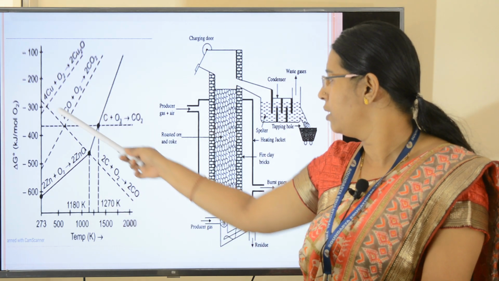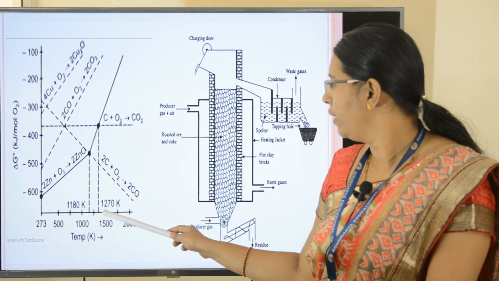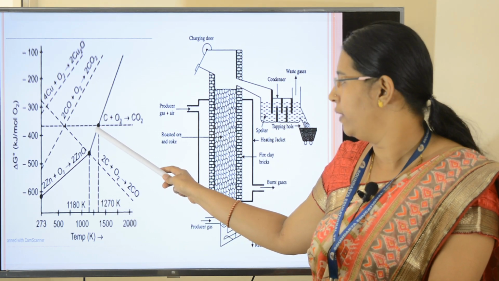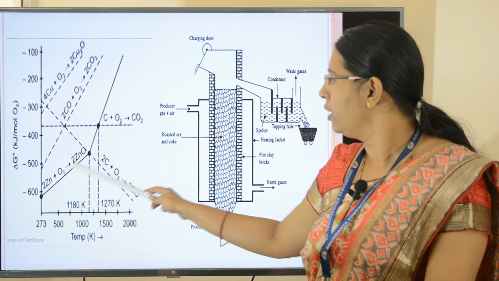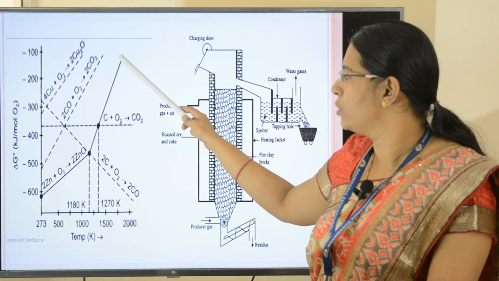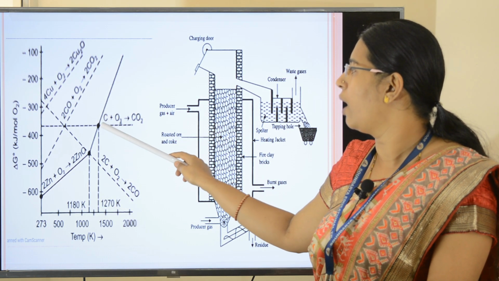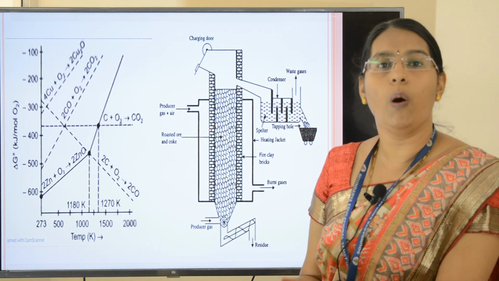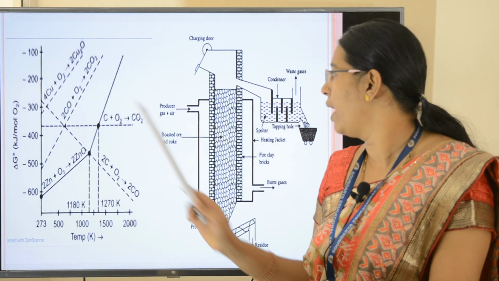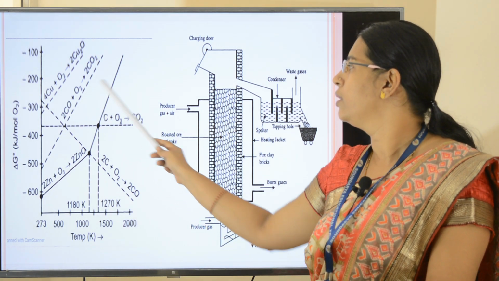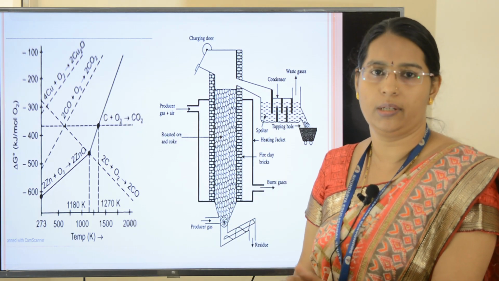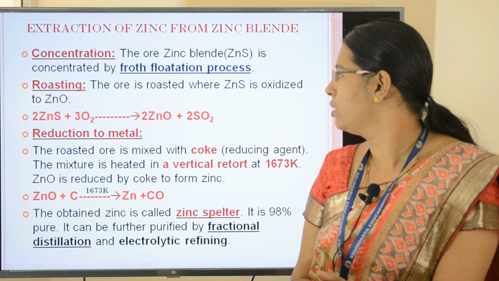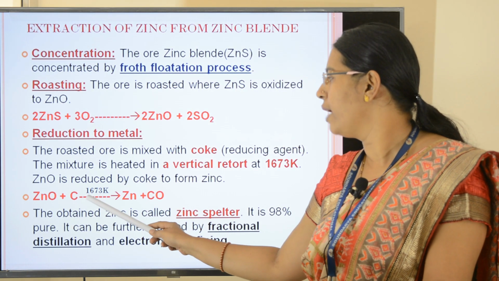Okay, we have seen this Ellingham diagram, and here we can see that after the temperature of about 1270 Kelvin, the plot for zinc to zinc oxide is at a higher position than the plot for carbon to carbon dioxide. So above 1270 Kelvin, coke can act as a reducing agent, and it is a better reducing agent than carbon monoxide. So coke is used as a reducing agent, and for industrial purposes a still higher temperature of about 1673 Kelvin is generally maintained,